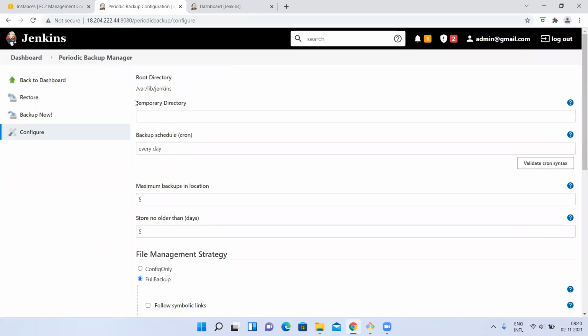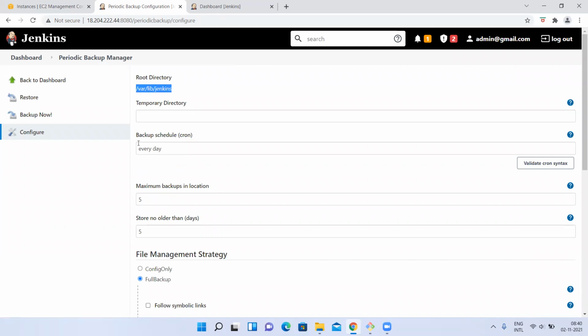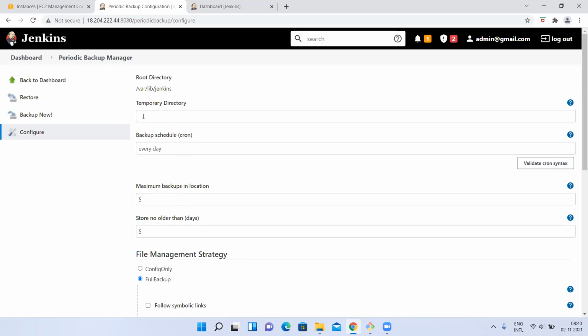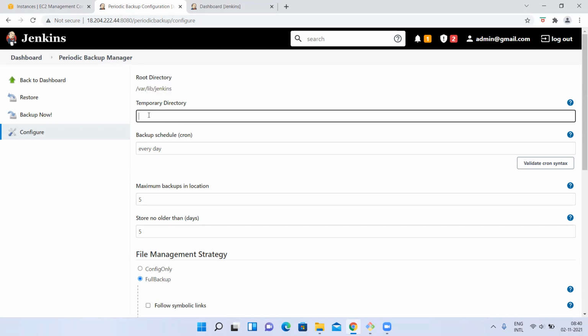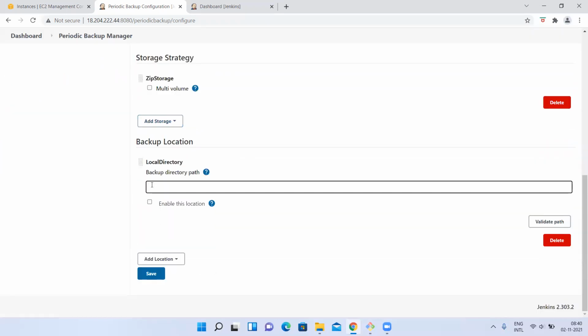So what it will do, this is an original file. To convert this into a zip, it needs some temporary directory. So it will go to this temporary directory, whatever you have given here. There it will generate a zip file for this, and from here it will copy to this location. This temporary directory is just used to create a zip or tar file for this source directory, and from there it will copy to the destination location.